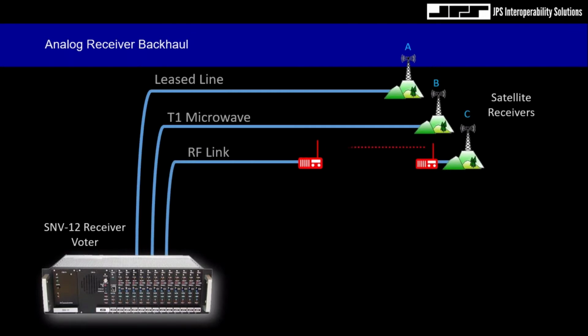RF links are often used where microwave is either too costly or too difficult to deploy, even leased lines, for instance, over a body of water or a canyon. Technically, there are many ways to deploy an RF link. There can be continuously transmitting links or COR activated links, but for the most part, UHF is the frequency band of choice, and the implementation of directive antennas will also help reduce the effects of interference. RF links are still very common.